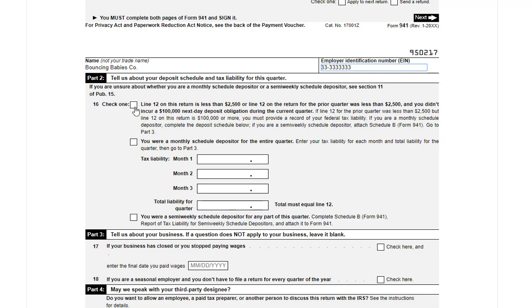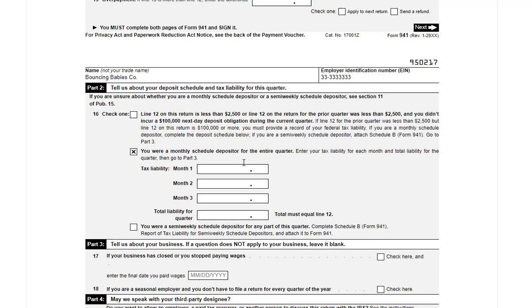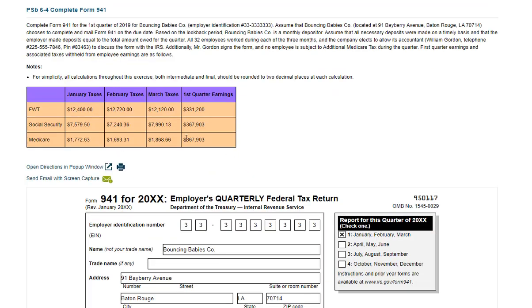This top box is for the return that is less than $2,500. We know that that's not true. Then in this box, check it if it's for the monthly scheduled deposit of the entire quarter. Yes. How much is the amount of tax for each month, month 1, 2, and 3 of the quarter? The amount of tax we get from